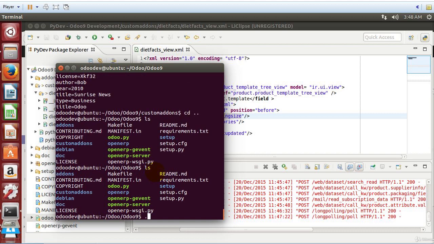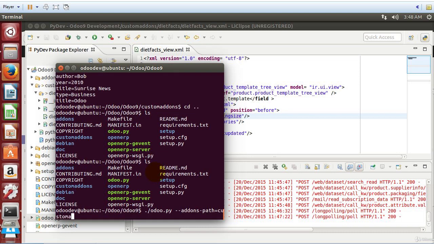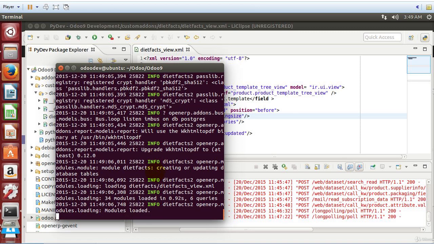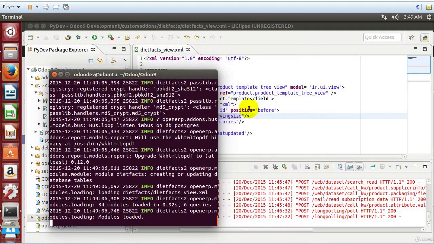So here to launch, we can run odoo.py. We have our add-ons path equal to custom add-ons and add-ons. And we want to update the dietfacts2 database, and we want to update the module dietfacts. So we run it, and now it's running inside of the terminal here,